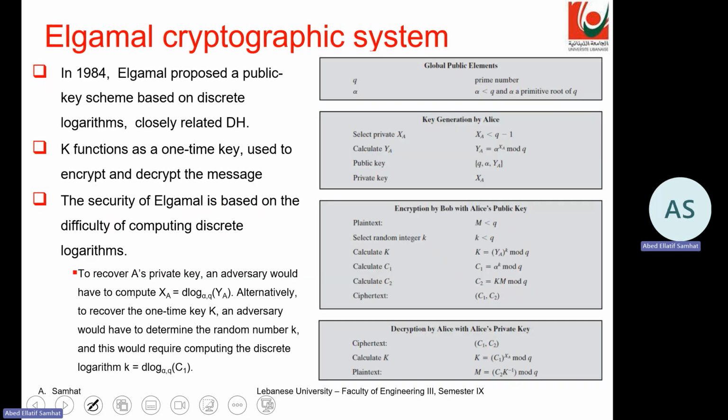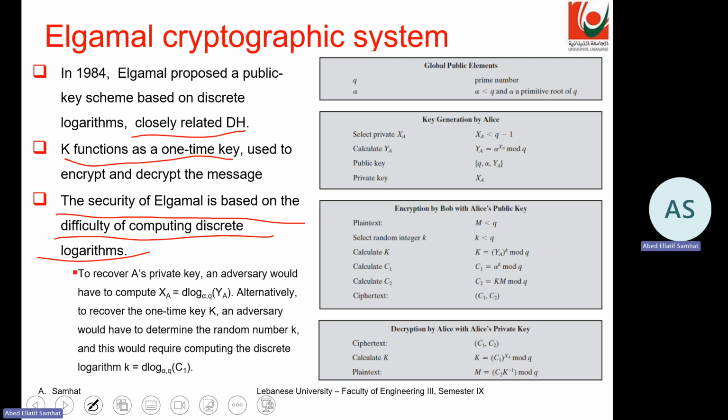So that was the part related to Diffie-Hellman. Let's see another crypto system, which is also a very interesting crypto system. It's similar to the one, closely related to Diffie-Hellman, but it's used also as one-time key and to encrypt and decrypt the message. And the security of El-Jamal is also based on the difficulty of computing discrete